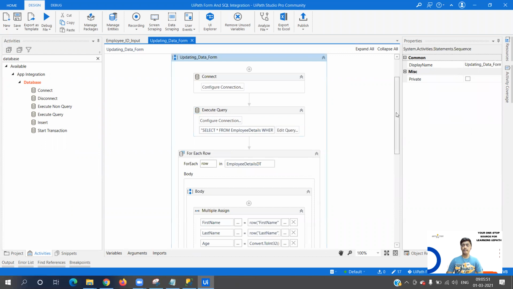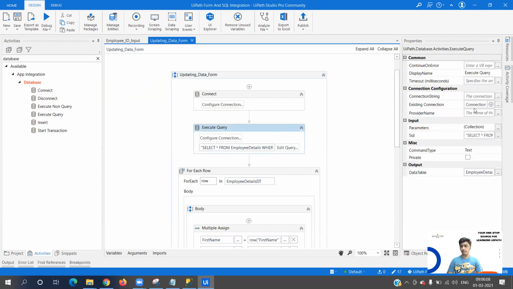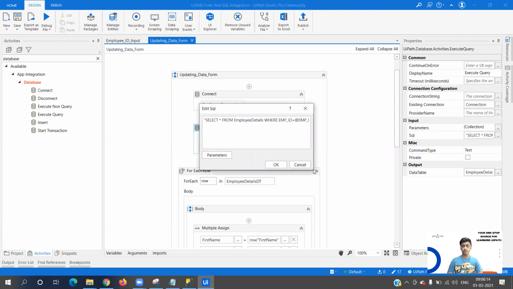So now what I'm doing is I need to fetch the data of the employee ID that was entered. So I'm going to use a select query over here, and I'm only going to select where the employee ID is equal to the employee ID that was entered. If you see over here, I have just passed the existing connection, so the connection is already established. And if I click on edit query, let me maximize it.